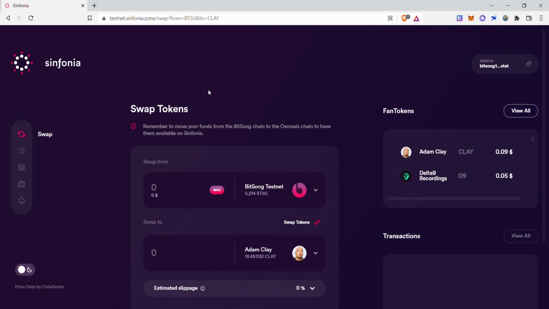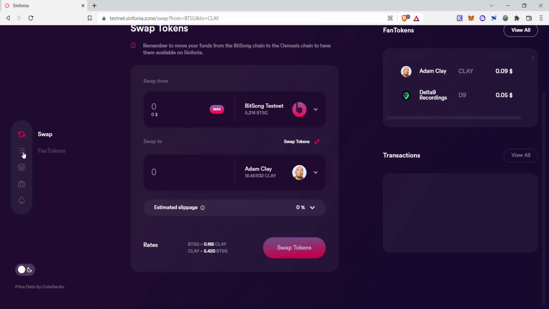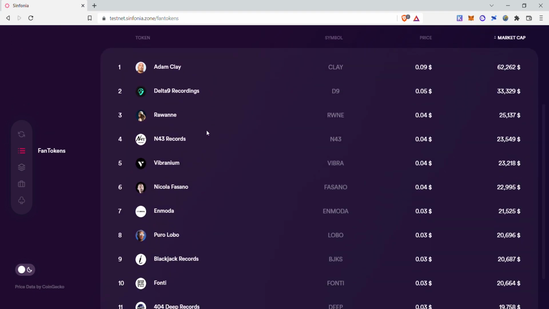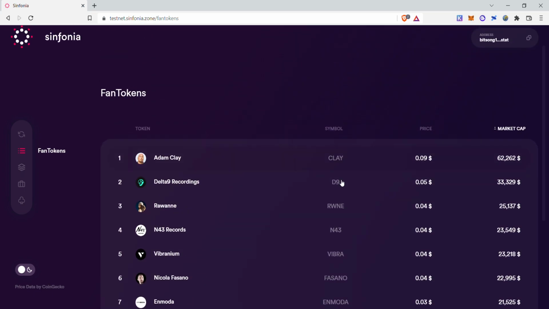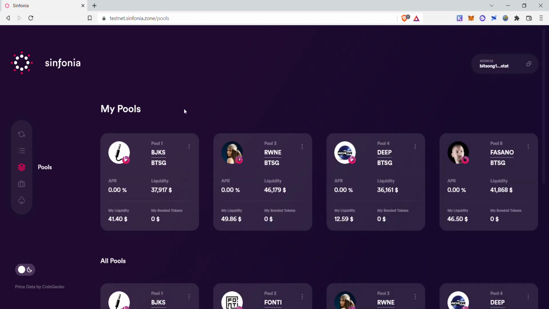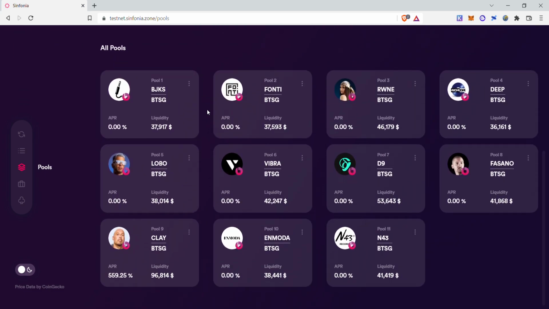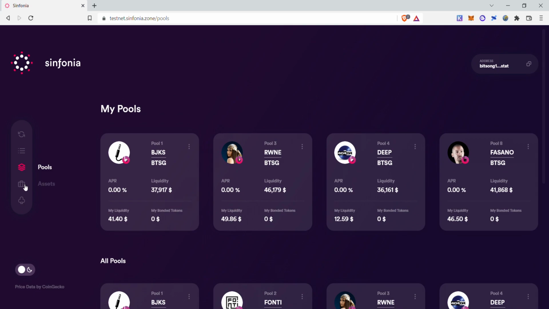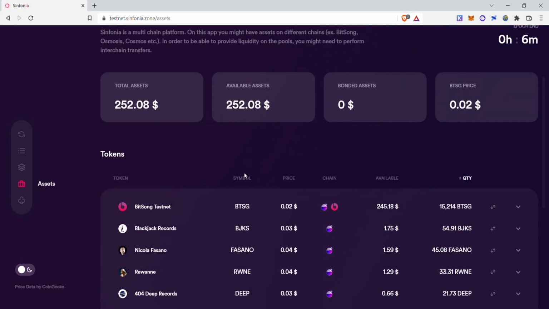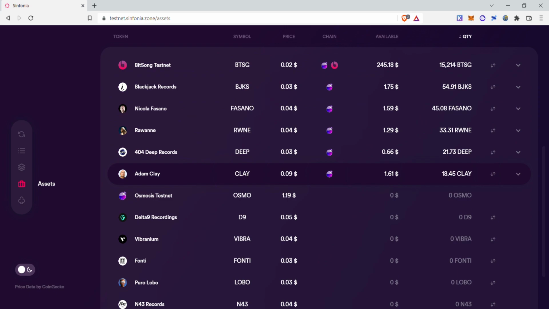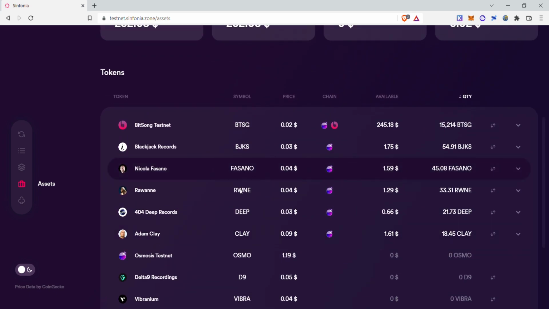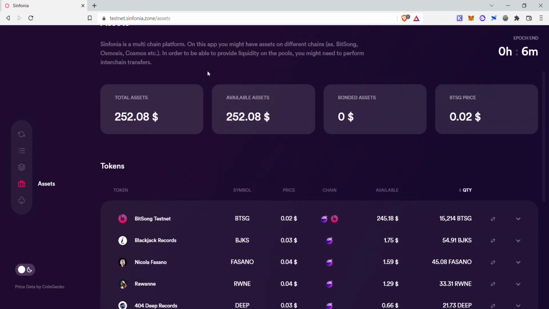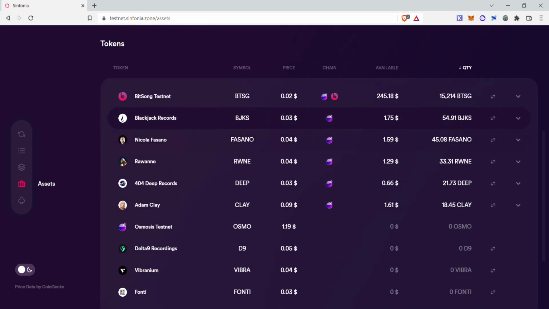So we have the swap page, right? This is the swap module, okay? Then we have the fan tokens page. All right, so this is where we have all the fan tokens listed. Then we have the pools. Then we have the assets page. It's a multi-chain assets platform,